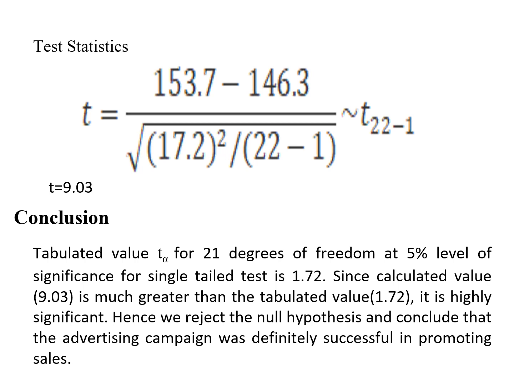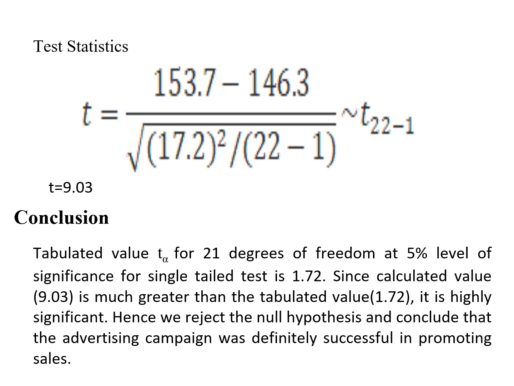Okay, now come to the conclusion part. For the conclusion, we need to compare the two values we have already seen in the procedure: the calculated value, which is what we have done so far, and the tabulated value with 21 degrees of freedom. First, to compare, we need to get the tabulated value: t alpha for 21 degrees of freedom at 5% level of significance for a single tail test